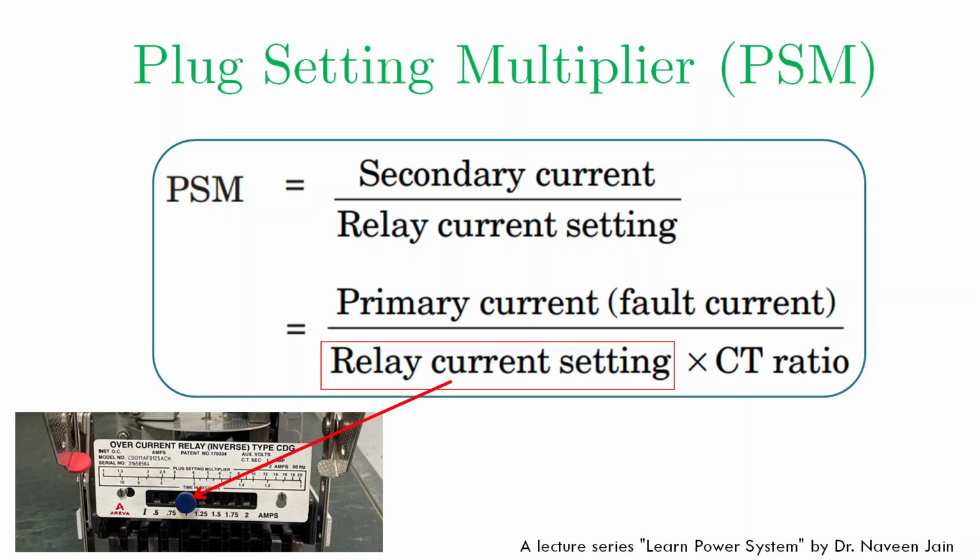Here we can see a small part of an actual relay, and we can see the relay current setting. You can notice that there are many settings provided with this relay.